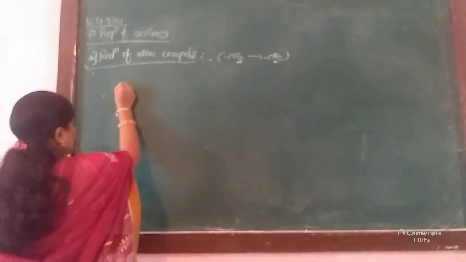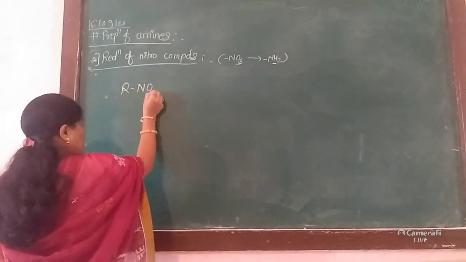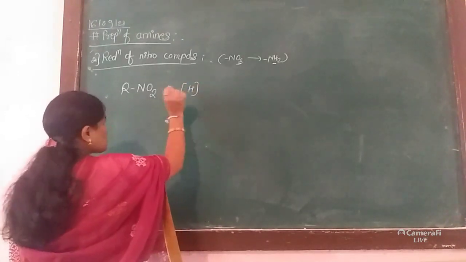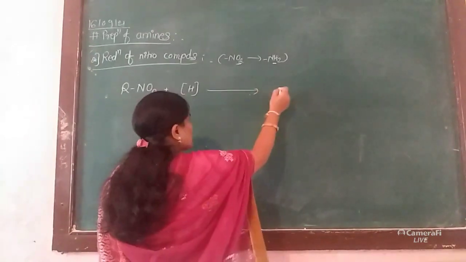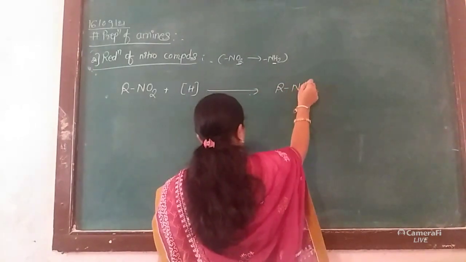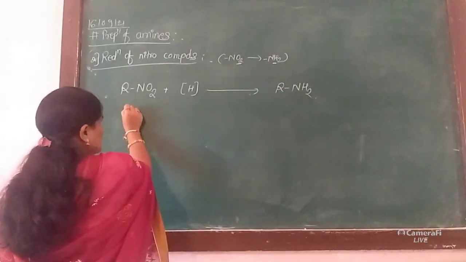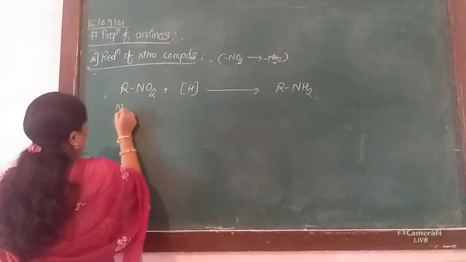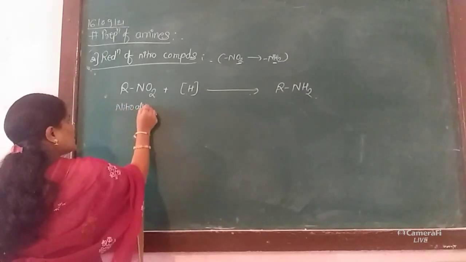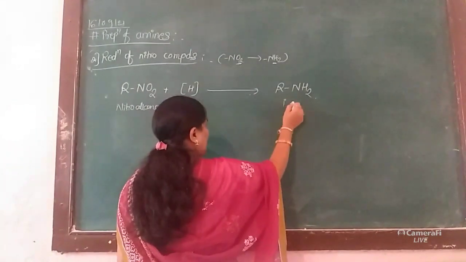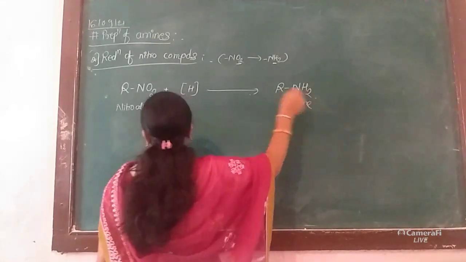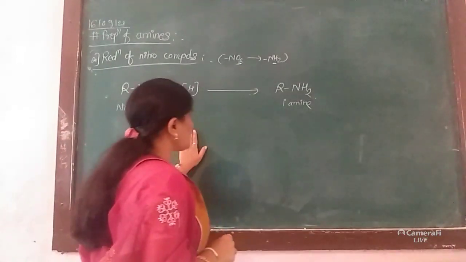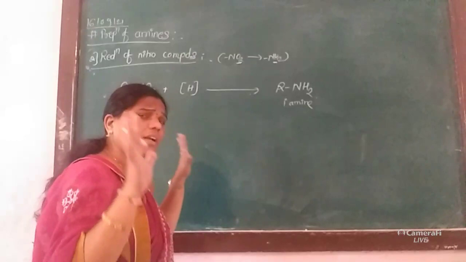So there is a simple reaction, that is R-NO2, this nitro compound, undergoes reduction in the presence of nascent hydrogen and converts into RNH2. This compound is known as the nitroalkane. This nitroalkane is converted into amine, that is, here we obtain the primary amine. So the reduction of this nitro compound into NH2 group is possible in the presence of different reducing reagents.